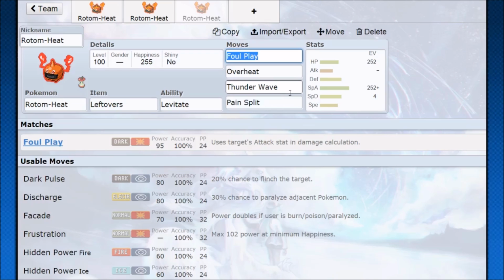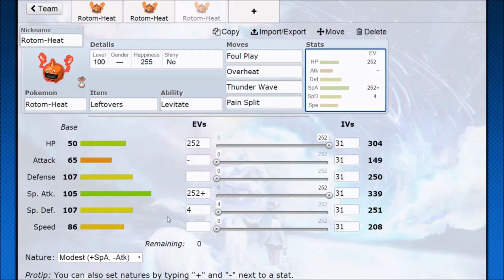Thunder Wave, Pain Split, except maybe more Foul Plays that time since you won't have too much damage from the Overheat, but still a little bit of nice chip damage, and then you just kind of go for the statuses, get some health back, then switch out. With Leftovers, you're going to be getting a lot of health, and one other EV spread option you can do